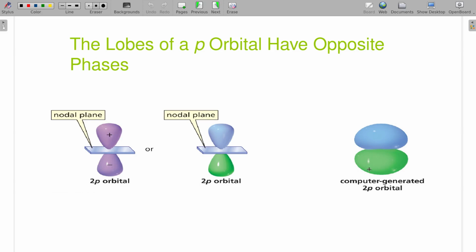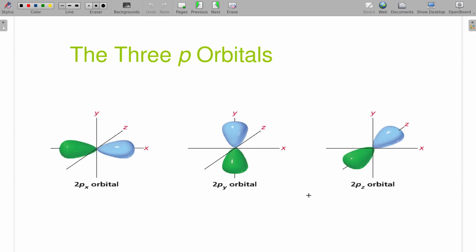And this is just a different way of drawing it. It says computer generated. These were probably all computer generated, but based on your percentage of where you want to expect to find the electron, you'll get different shapes. Your book ends up using both far more often. All right. Then we also have our different orientations. The p orbital, the p block, for instance, always had 3 orbitals whenever you drew out a full block. This is representing those 3 different orientations.